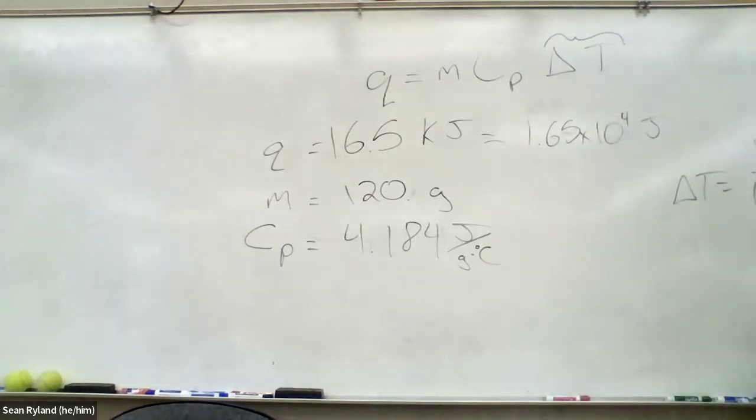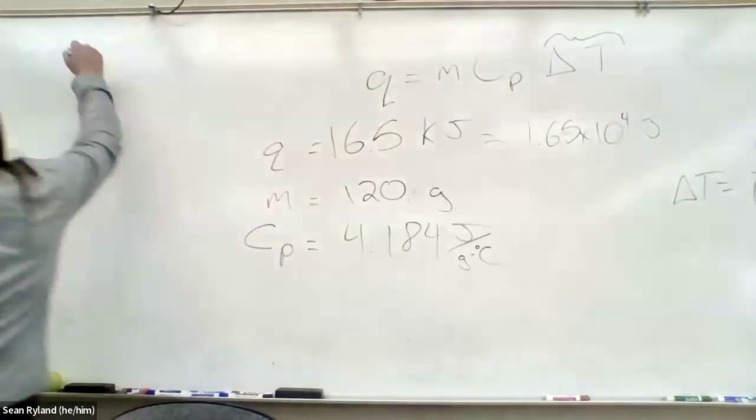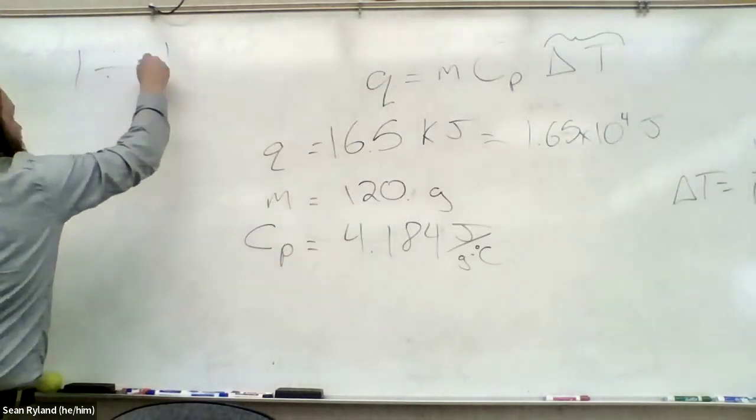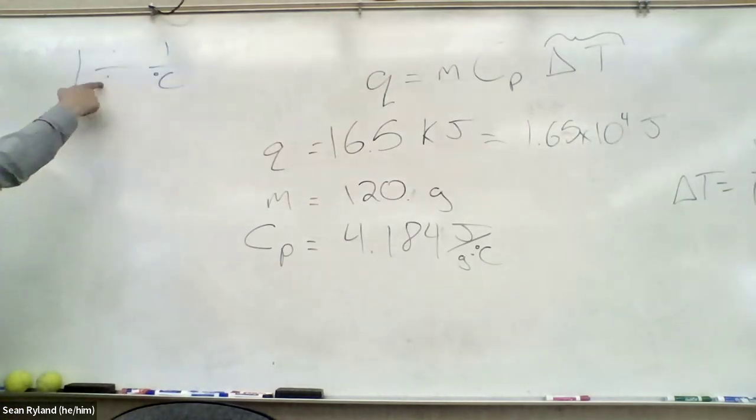Our final units will be 1 over 1 over Celsius, which is the same as what? Celsius. You guys remember how dividing fractions work? When you divide fractions, it's the same as multiplying by the reciprocal, right? So if you have 1 divided by 1 over degrees Celsius,